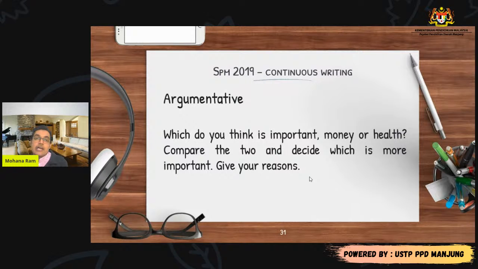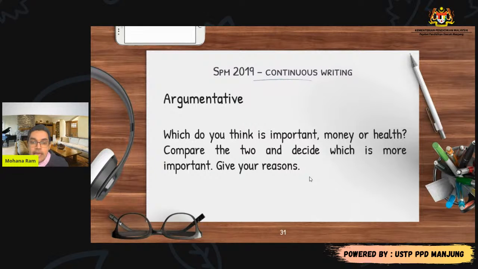So you have to do three things here: compare with arguments, decide which one is important, and then give reasons why that one is important. So there are three things for you to do in this essay. So you see, in all the five questions, you have more than one question to answer in each. So my suggestion, when you're doing your writing, is to always remember to read the question carefully, underline and understand the question carefully.